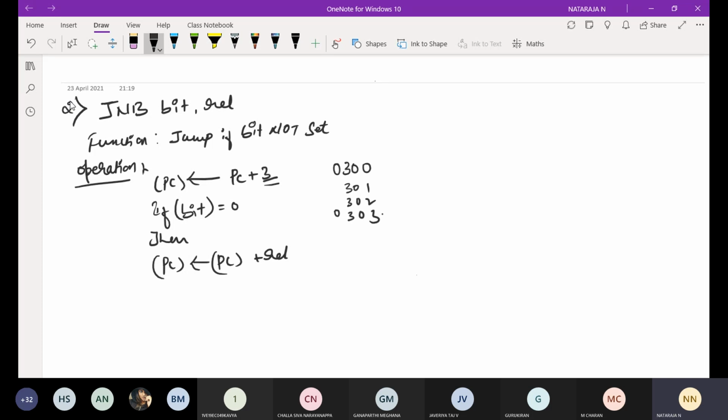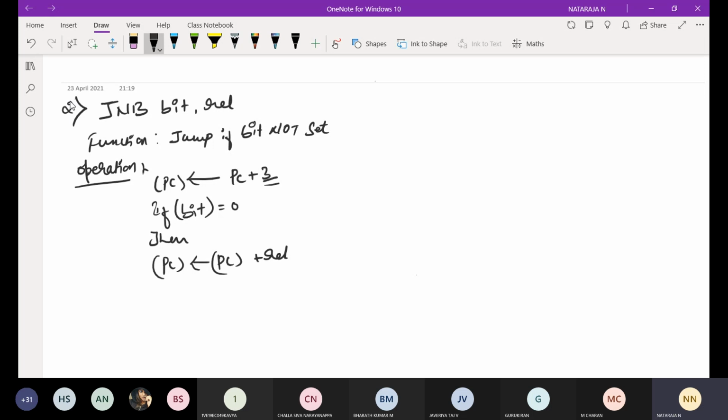After crossing 1, 2, 3 it will jump. If I take 5, it will jump to 305. If I take 10, it will jump to 310, like that. That relative address depends on the memory location which I select, based on the program counter.